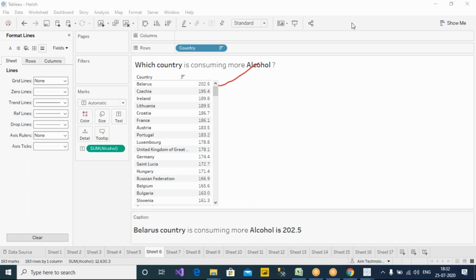Where is the other sheet? Sorry. This is